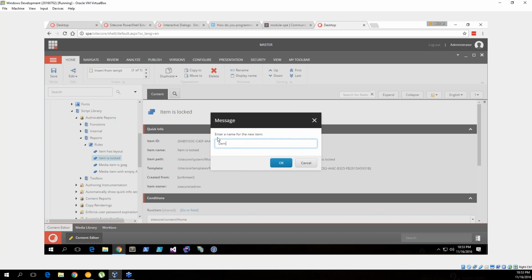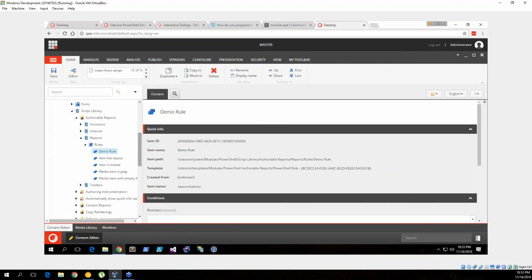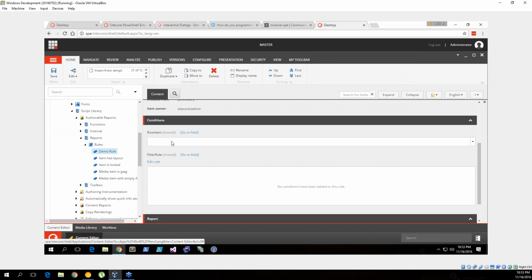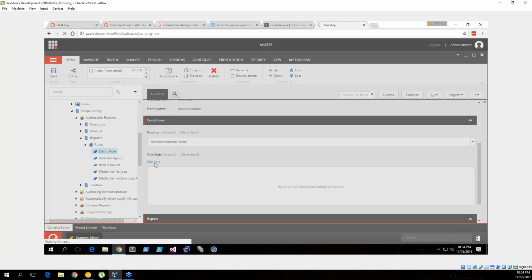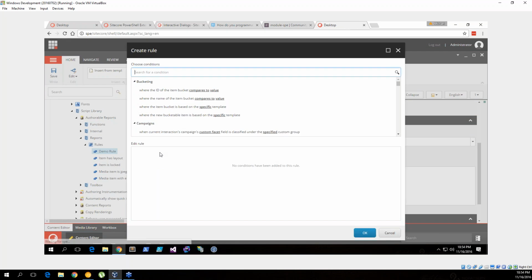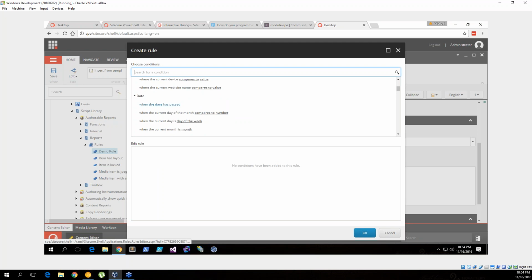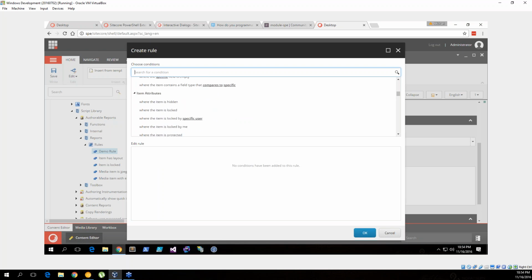So here I want to call it demo rule, and under demo rule I can say what the root item is. The root item is really where I want to start searching in the beginning. So here I want to say under home, and then the filter rule. 8.2 looks so much cleaner than the 8.0. So I'm going to scan through, and once again I'm going to look for something of interest. So let's say where the item is locked,